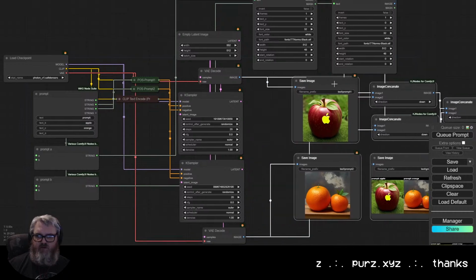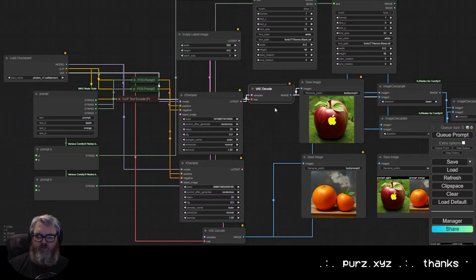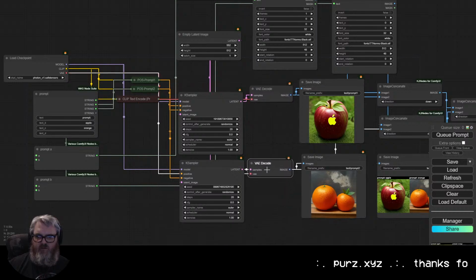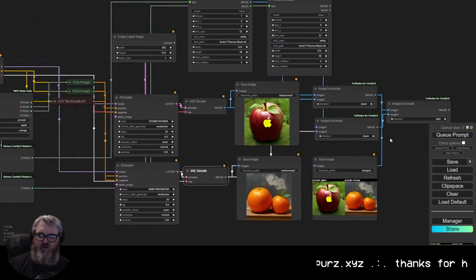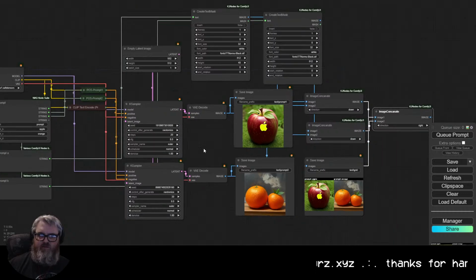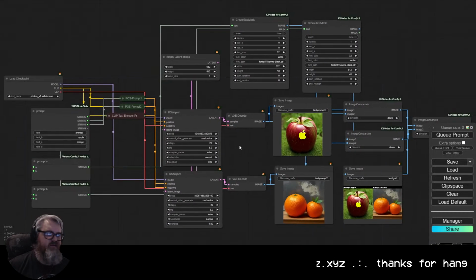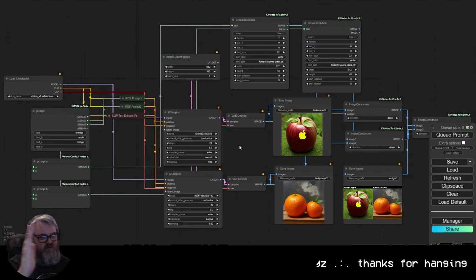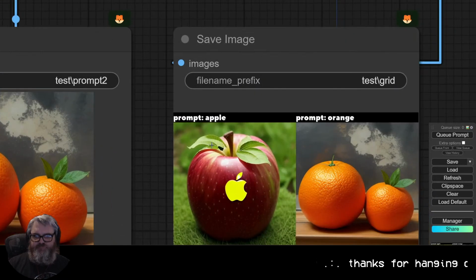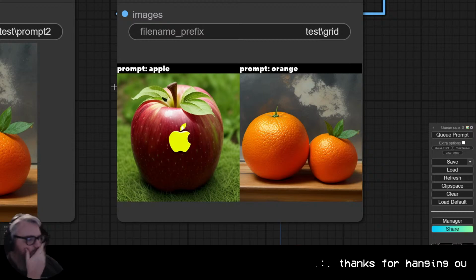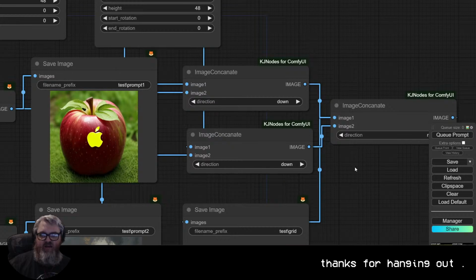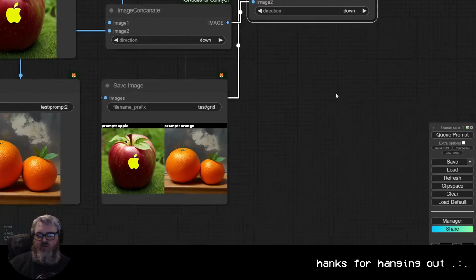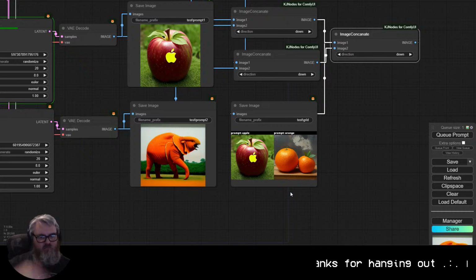Oh, I see. There's always better ways to do it, I guess. But yeah, so that's the basic idea, right? Text, image, side by side. If you wanted to put them all stacking down, change this to down. And it should do it like in a